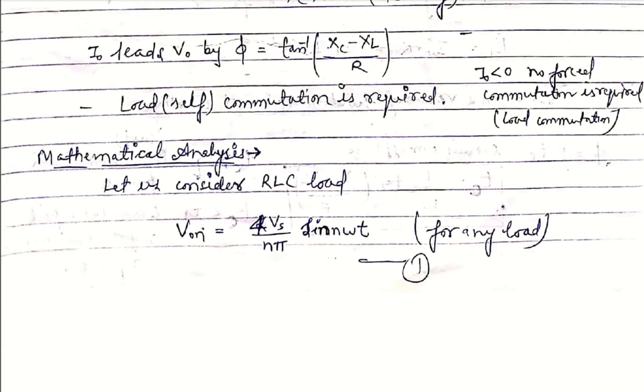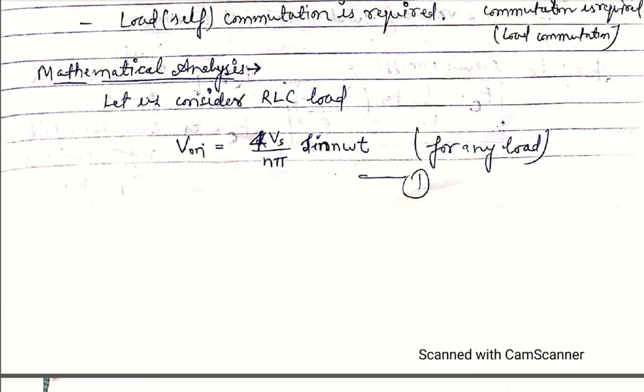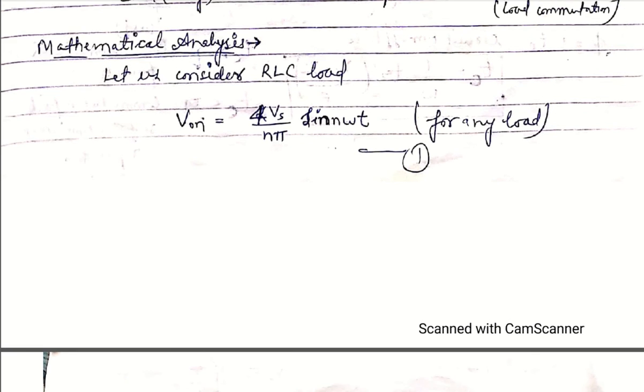And this is the mathematical analysis, that is, the Fourier series analysis. Let us consider the Fourier waveform, which is v0 equals summation over n equals 1, 3, 5 of 4 VDC divided by n pi sin n omega0 t, where Vs equals VDC, the source voltage, which is DC in nature. This waveform is similar for all the load cases because the voltage waveform will not change in any of the previous cases. So this is the Fourier waveform.